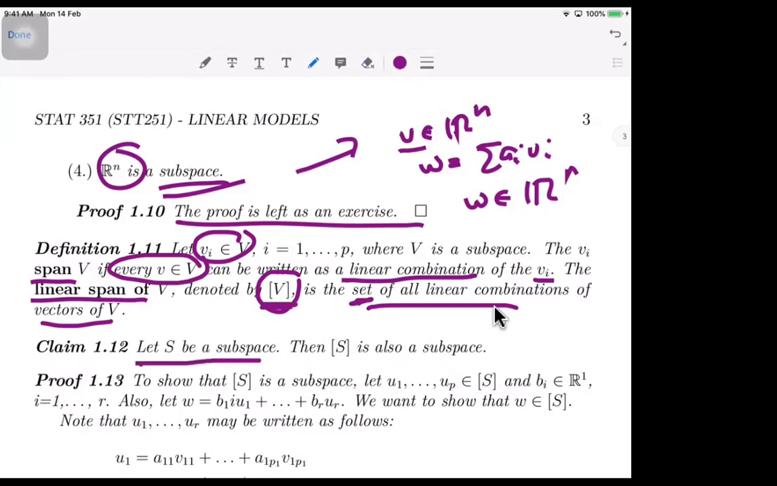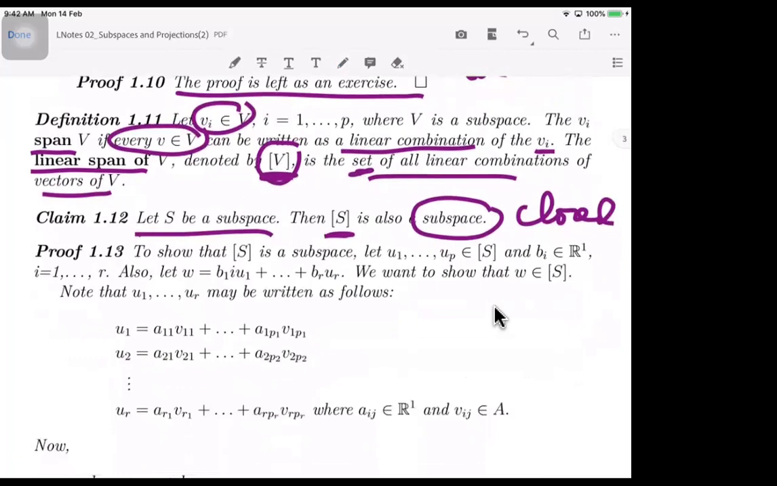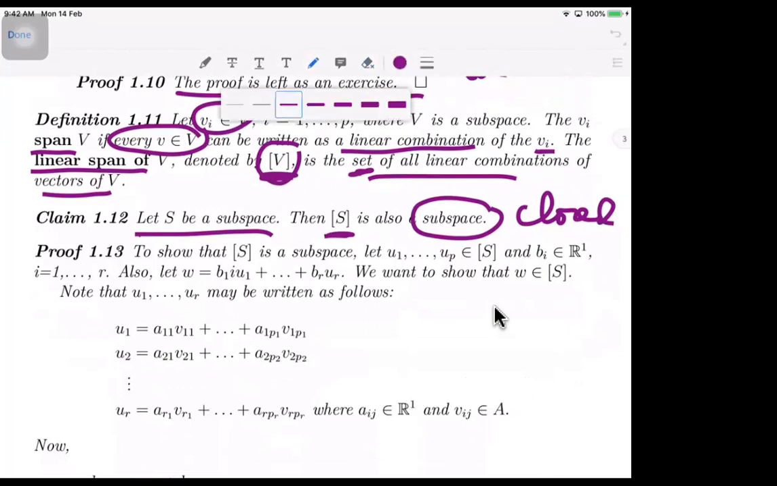Now if S is a subspace, then the linear span is also a subspace. So how do you show a subspace? Closed under the operation of linear combination. So let's prove that the linear span of V is also a subspace. So again, to show that it is a subspace,